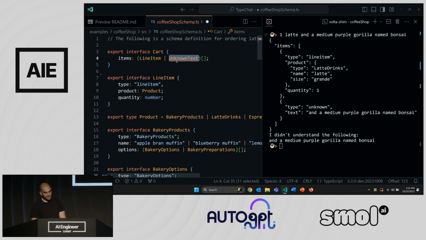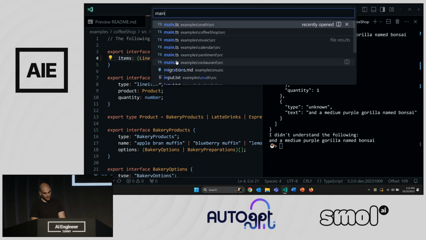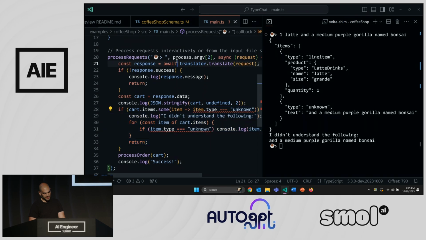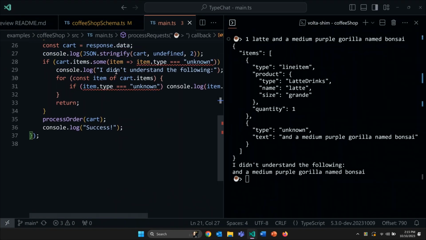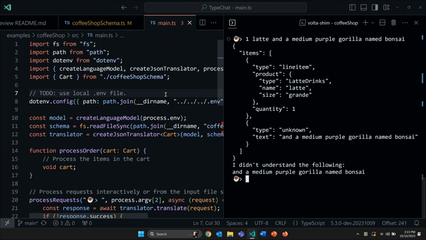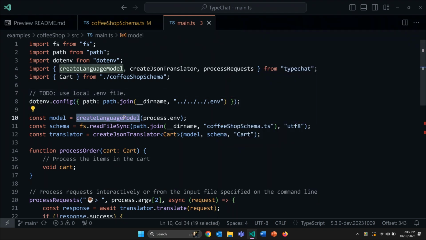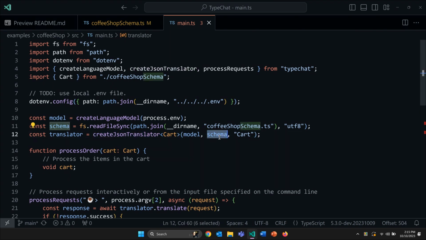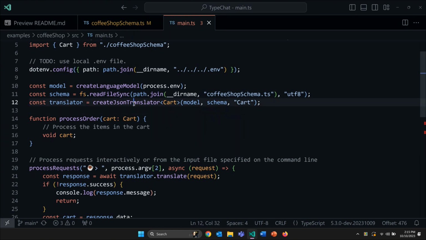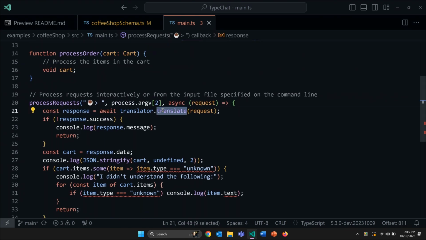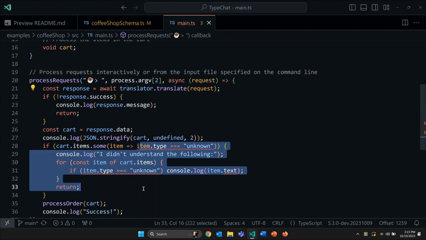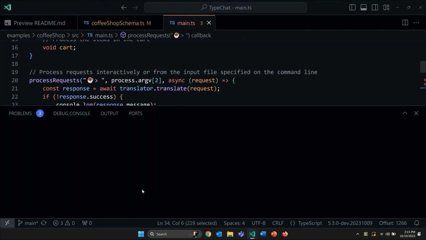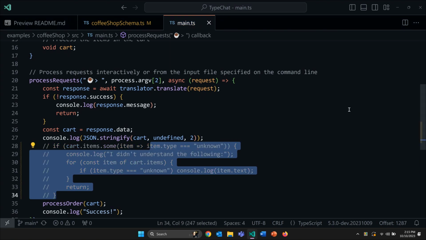Because if you actually remove this stuff, let me show you what this actually looks like. If you look at the coffee shop example, this is under 40 lines of code, right? The magic here actually comes from, we create a model, we infer it based on your environment settings, and then the actual magic is that we have this JSON translator. You give us the contents of your types, you select the type that you're expecting, and then every single time you need to translate a user intent, you just run this translate function. Now I'm getting type errors because I removed a type and it's telling me this will never happen. Whoops, not that. So if I rerun this thing,